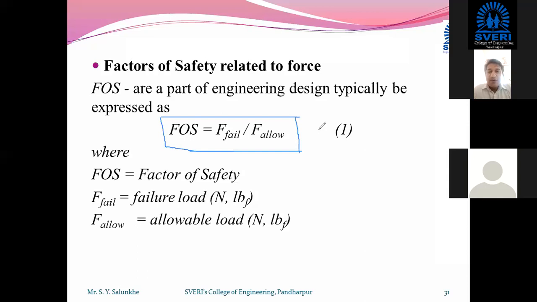First of all, we calculate the force which is required to fail that component. If it is 15 Newton, then we use that component at a place where the force will not exceed 10 Newton. So the factor of safety will become 15 divided by 10, that is 1.5, which is always greater than 1. Now this factor of safety doesn't have any unit, because the force required to fail and the force allowed to be applied are both measured in Newton. So the units cancel out.